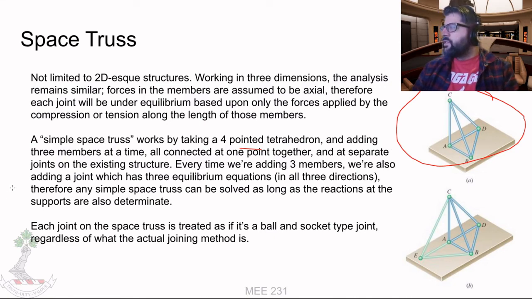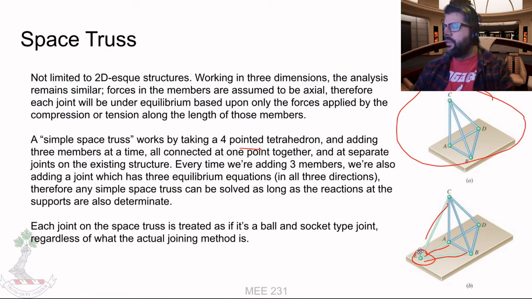And essentially, as long as we start out with the reactions of the supports as determinant, which is going to require them to be some sort of combination of rollers and rockers, then adding any additional tetrahedrons to our structure adds 3 unknowns in the forms of the forces in those 3 members. 1 unknown, 1 unknown, 1 unknown, and it adds 1 joint,